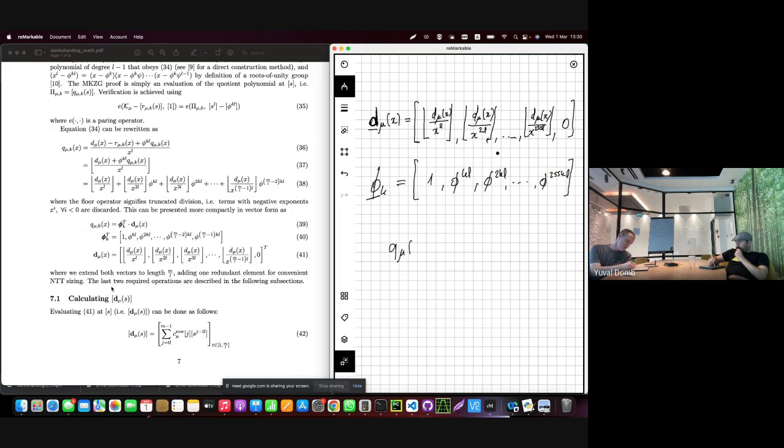Then actually q mu k of x is equal to vector d mu of x times phi, and of course I need some transpose operation somewhere here. I'll write it like in the document just to be consistent. So it's actually phi k transpose times d mu of x. Okay, so that's nice because if you look at this, you can already